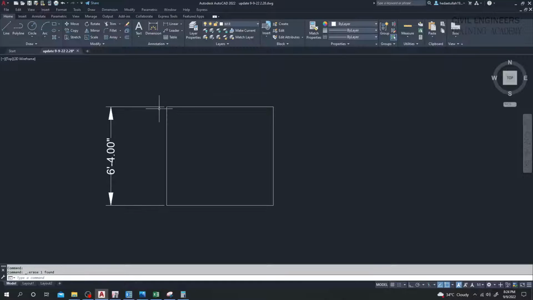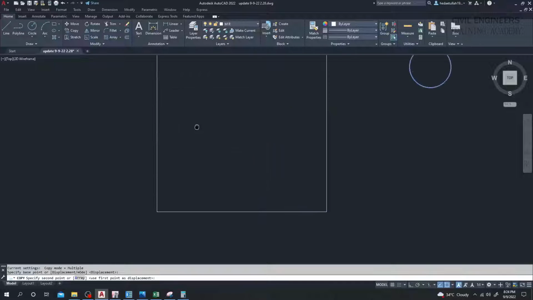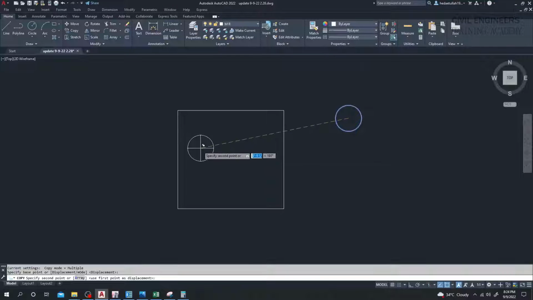I'll just close that. Now first of all, I'll place 2 piles here, 10 inch here, copy. Randomly I will place 1 pile, suppose here, because in that column and that column we have more load. For that,